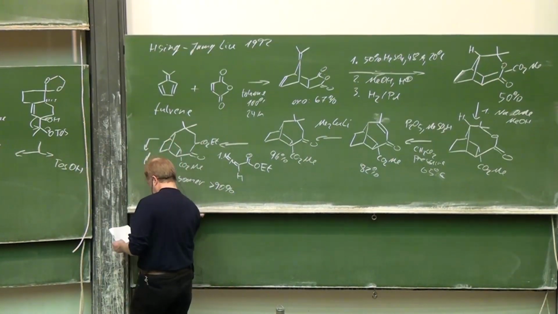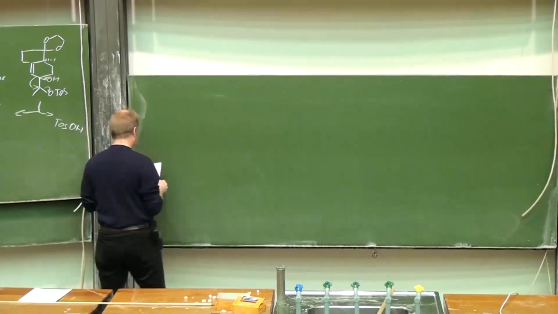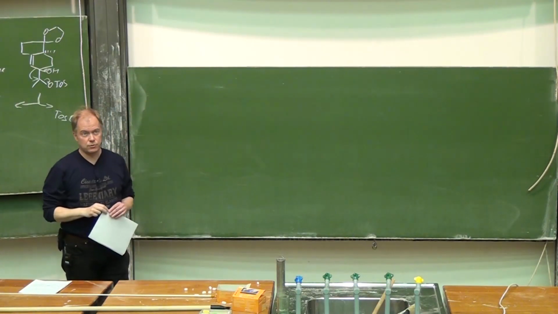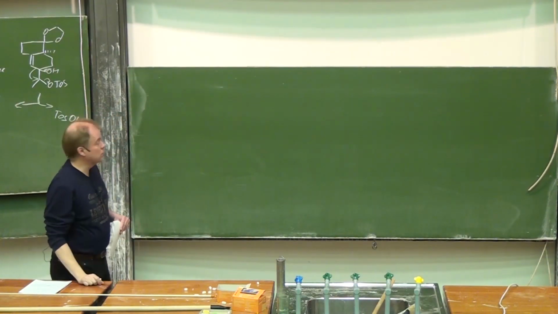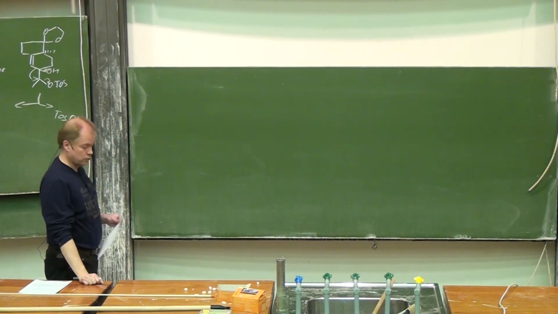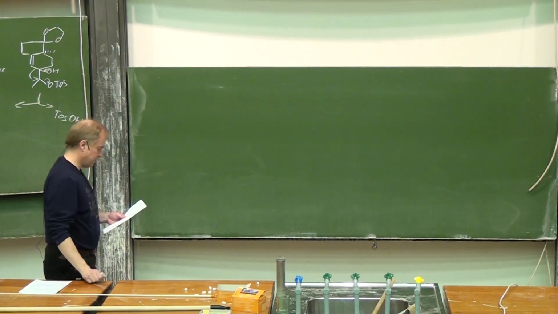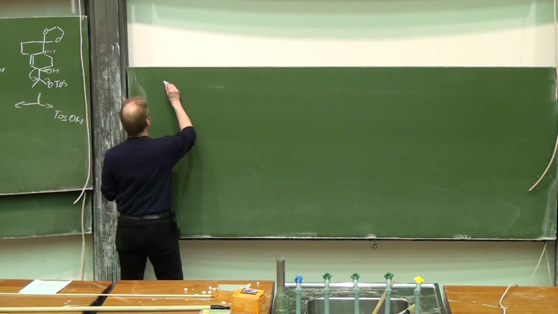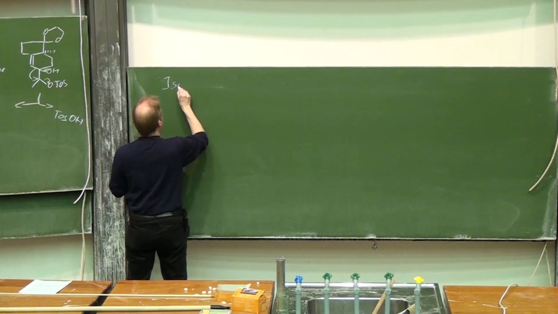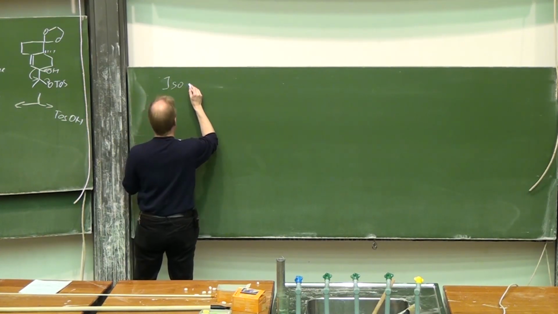So, okay, enough about the Longifolene. Always having that problem that getting rid of the carbonyl groups and completing the reaction sequence, you will lose a lot of yield there. So, therefore, let's have a look at a very renowned synthesis of another terpene called Isocomene,